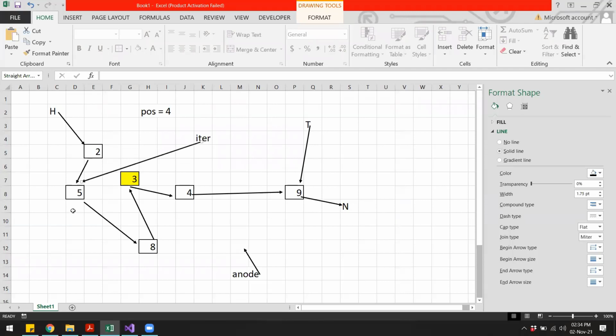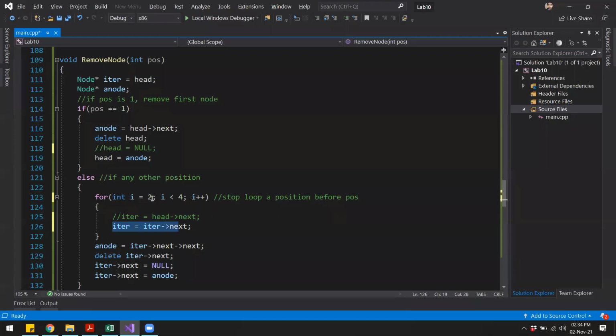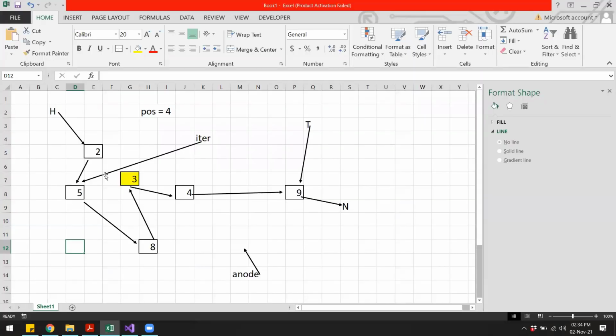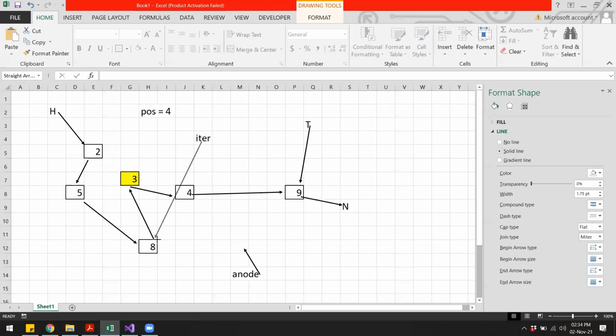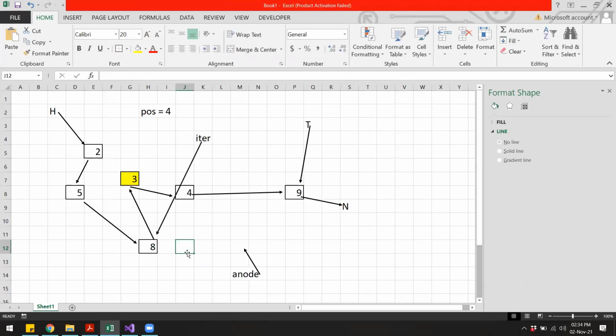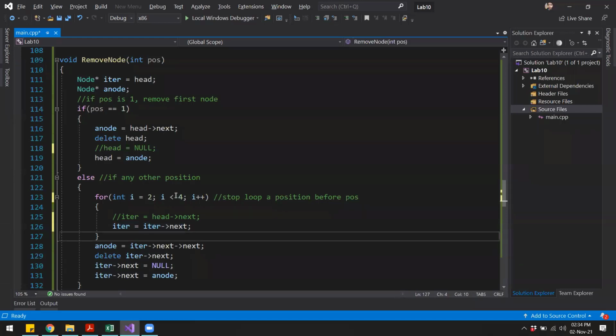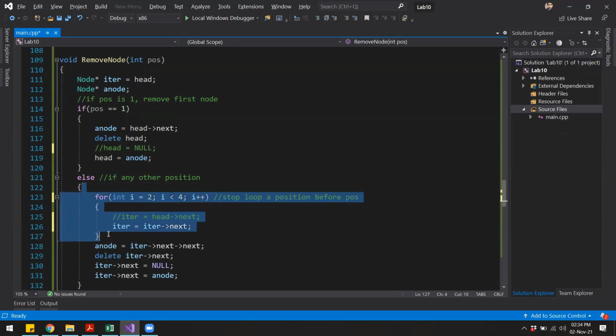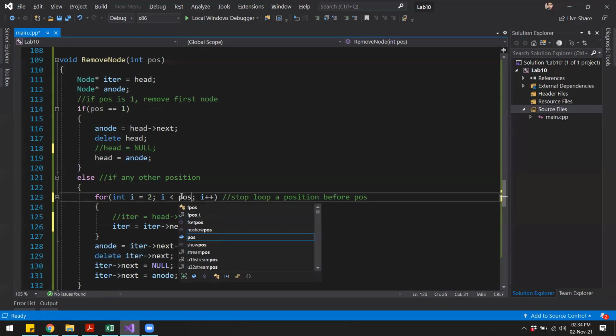So it is now pointing over here. Then I becomes 3. Then you shift the iterator once again. Then the iterator will come over here at node number 8. And then when I becomes 3, I becomes 4. So 4 is no longer less than 4. So this loop will terminate and we will end up over here. So let's change this back to position so we don't forget later.